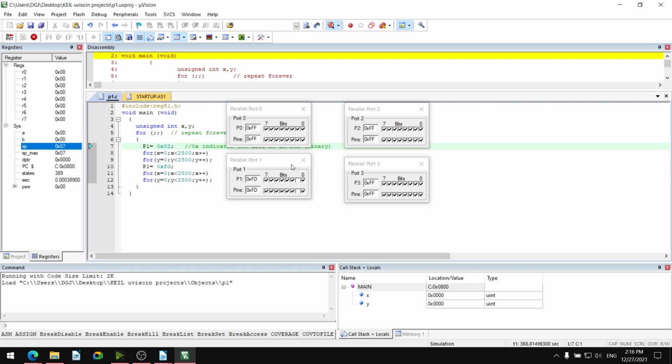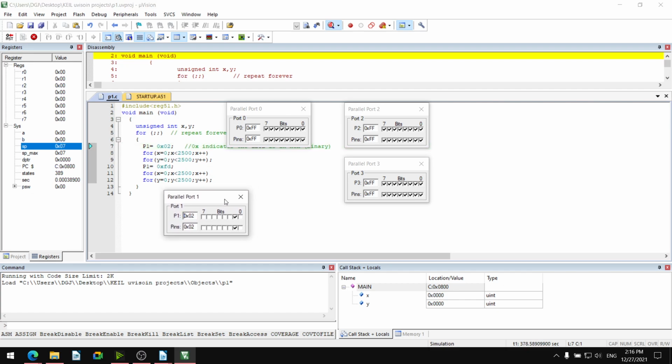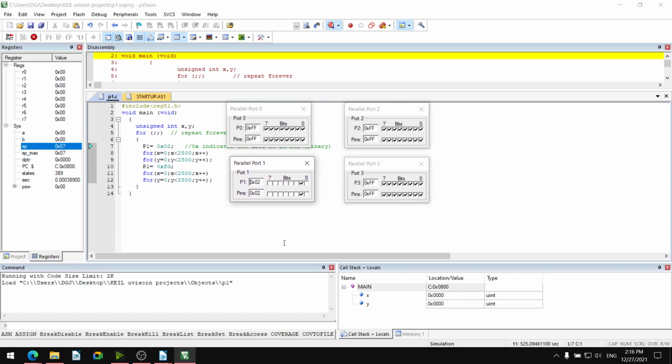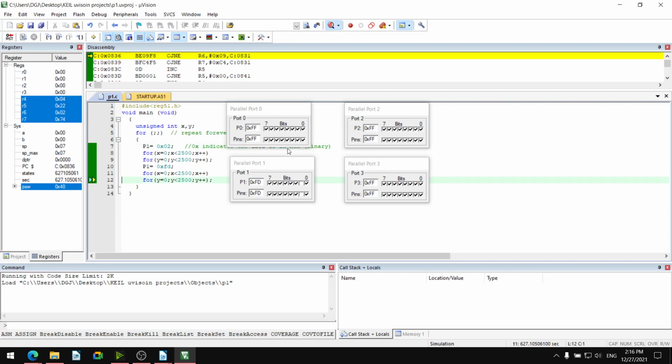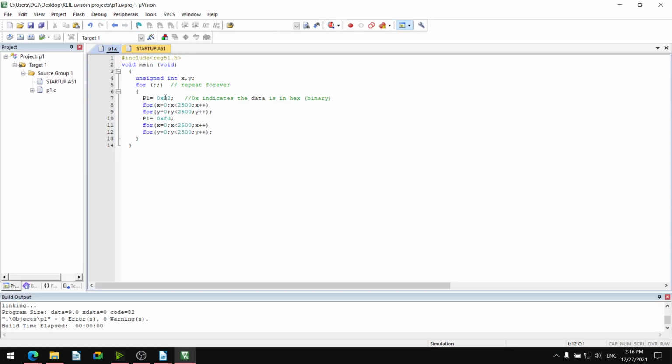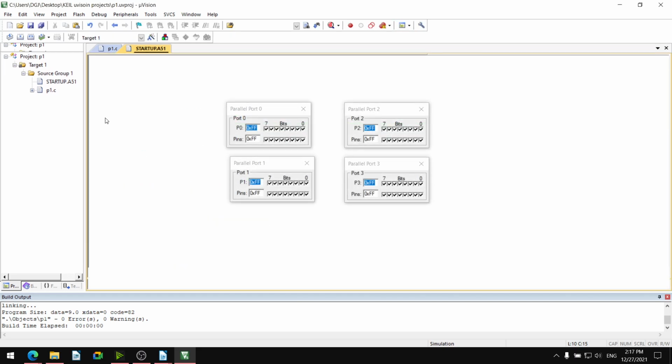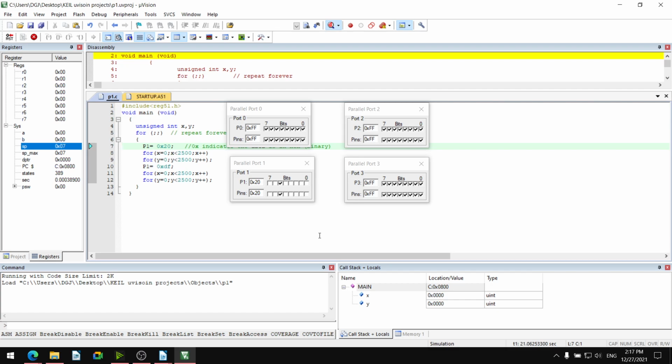Okay. This particular port, you can check. Save, build, zero error, zero warning, start the debug session, OK, run this particular port, 20 and DF.